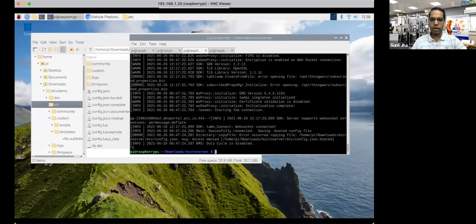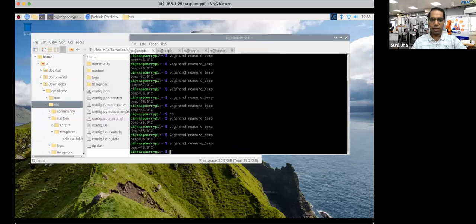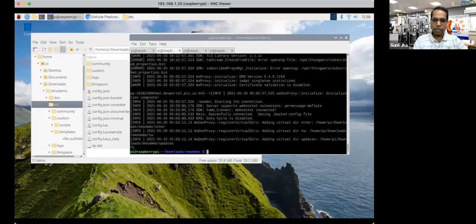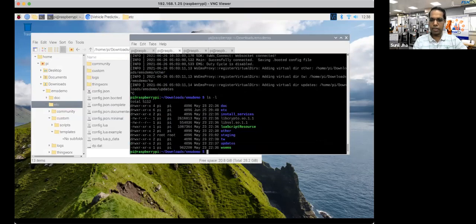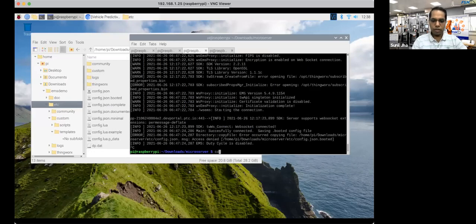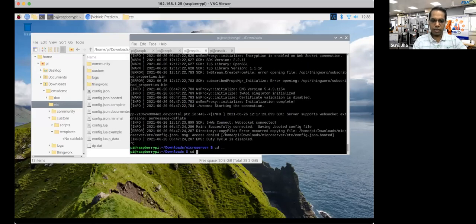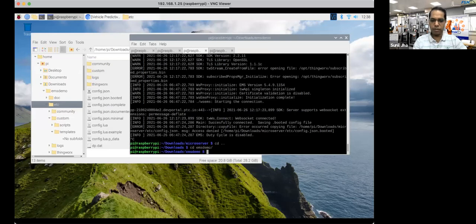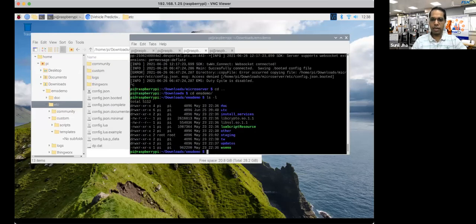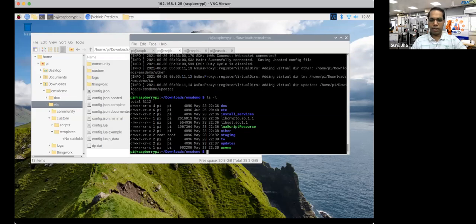So what I will do now, we go to the folder again where you have these EMS demo files. This is your EMS demo, which is different from the micro server. I will go to the EMS demo. On one terminal, I will run the WSEMS.